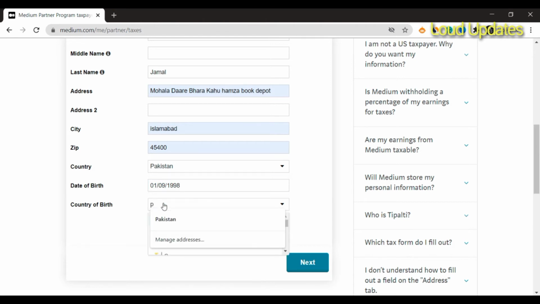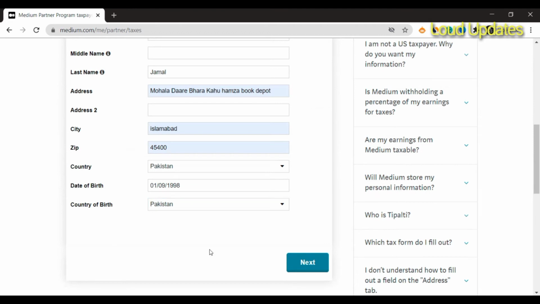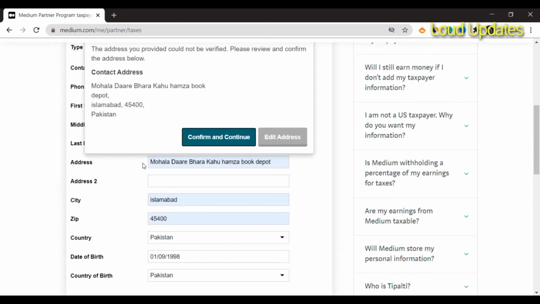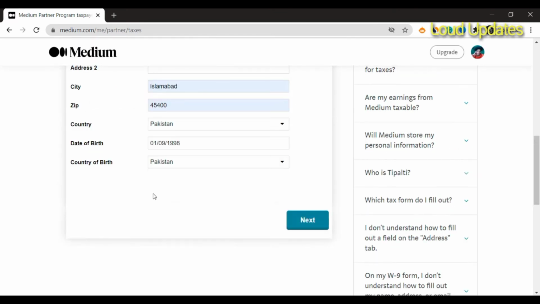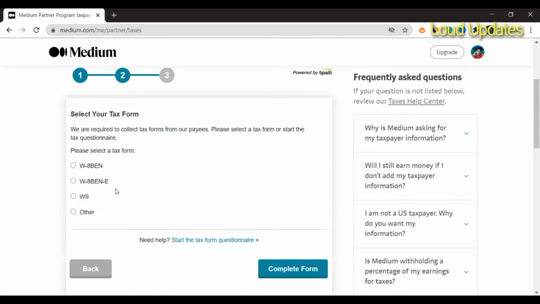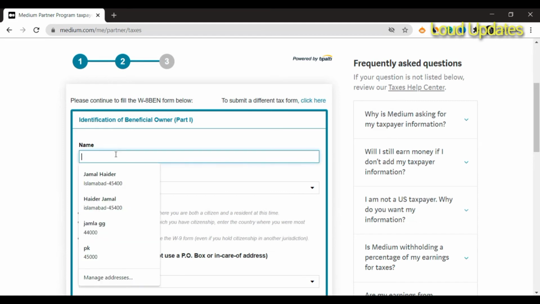Make sure, next step is to select your country, the country you are from. I am selecting my country and looking over all your details, and now click on next step and review your details, and now click confirm and continue. The second step is to select the form, which I am selecting form 1, and now select country of citizenship.